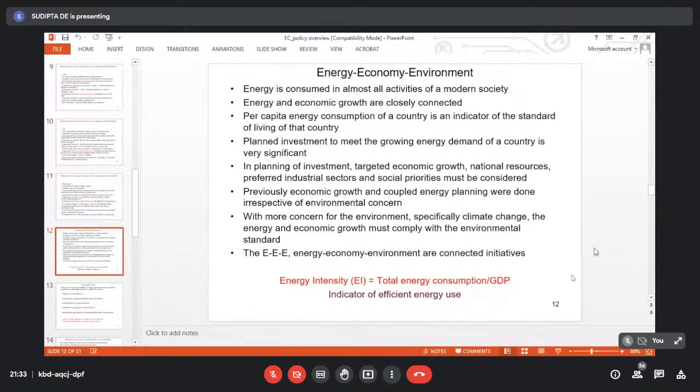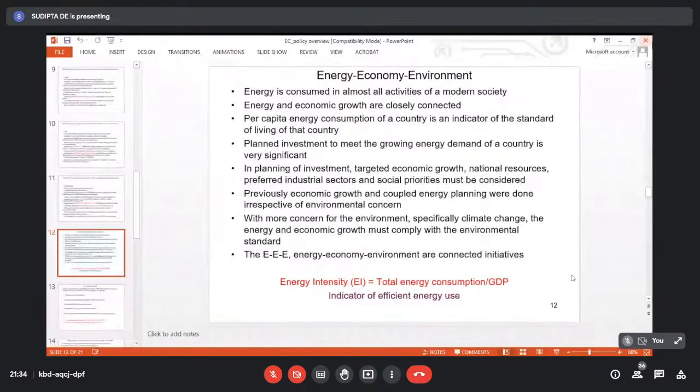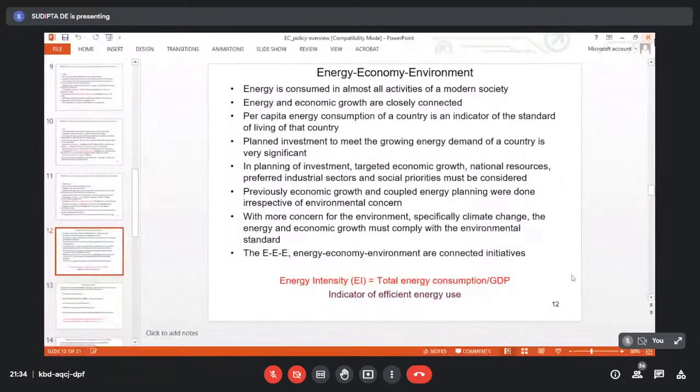Today, whatever we have discussed, the rest of the fossil fuels issue, and then some aspects of the so-called energy, economy, and environment connections, these are all important issues with respect to both your examinations and the overall perception of policy planning. But later on, we will enter into the technology after the policy issues. But there are still some policy issues left, and in the Indian context, how these energy conservation measures are implemented with respect to a specific agency, I will discuss in some of the next classes.